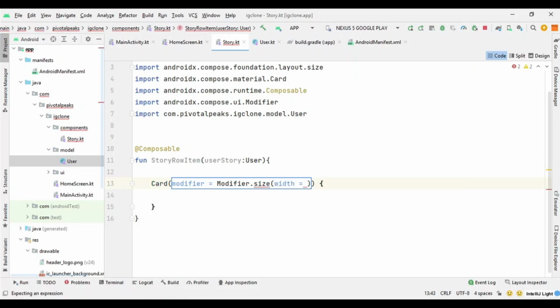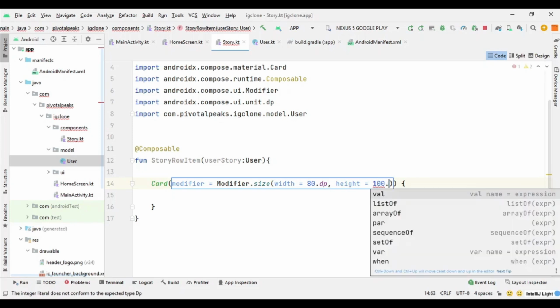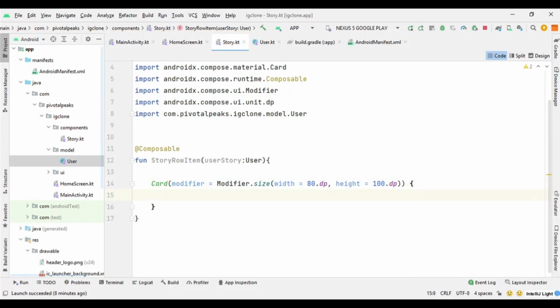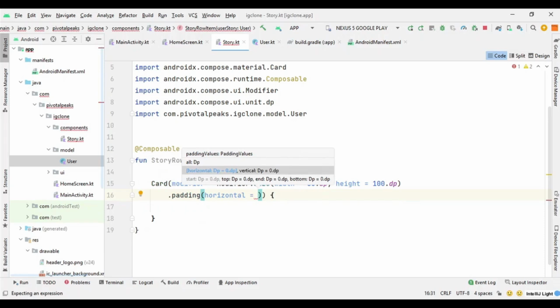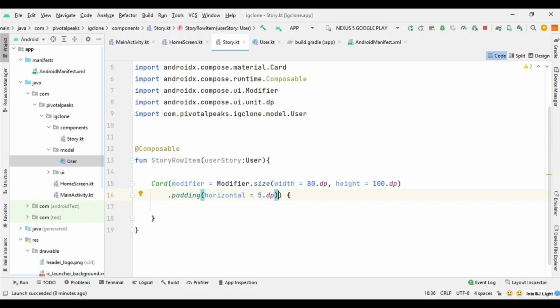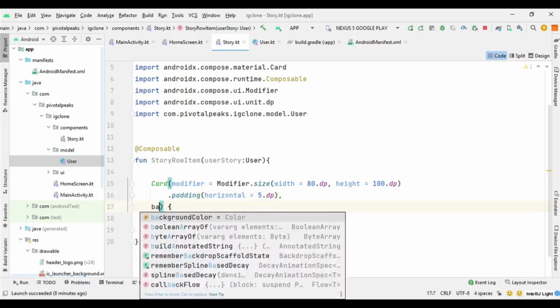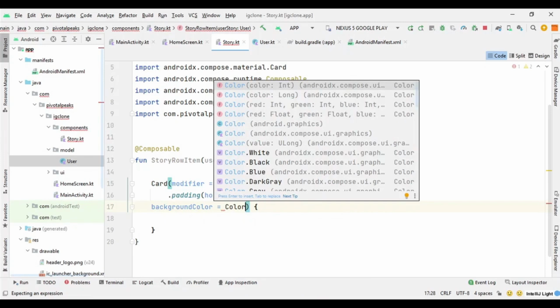So width 80 dp, and we need to import the dp, and we also need the height, so we can say height equals 100 dp, and after that we can give it some padding, so we can say padding, and we can apply the horizontal padding of 5 dp, so 5.dp, and we also need to set the background color for this card, so we will say here background color dot black,